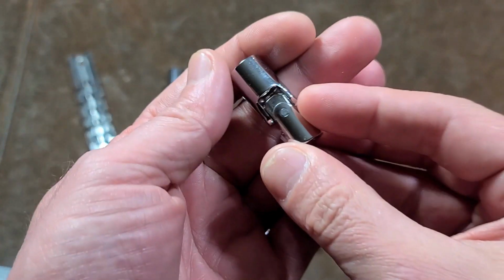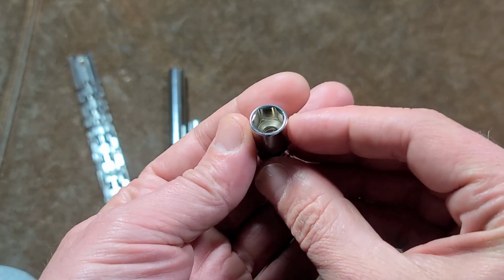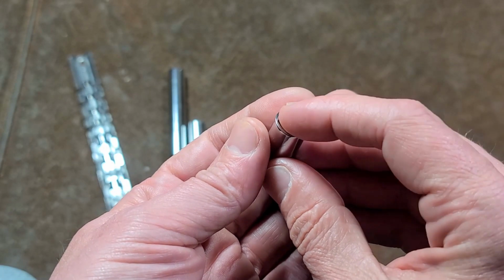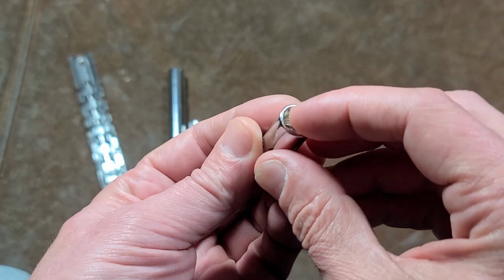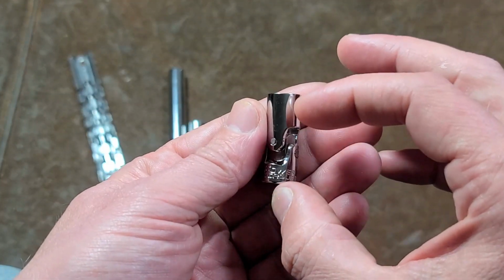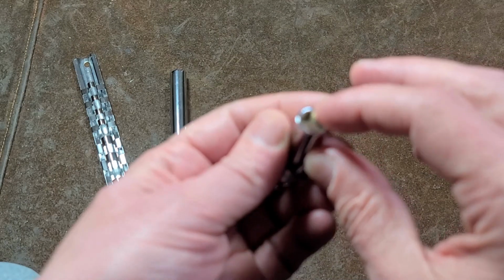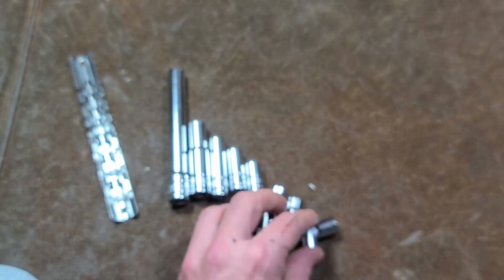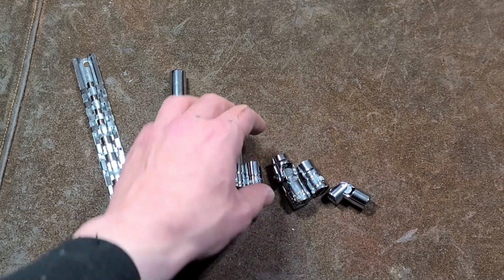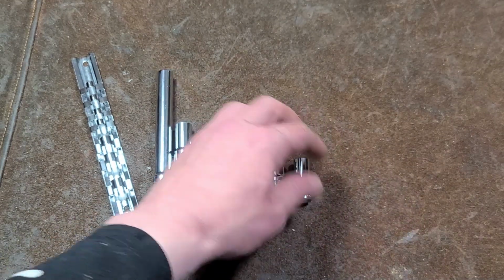The 1/4 inch one's a bit cheap because it's just a bit floppy, and it's a little bit longer than standard ones. It has a deep socket end, and usually these flex sockets are pretty stubby because they're designed to get into tight access places, so it's a little bit of an odd choice for them to use an extra deep one like that. But that's the idea, and I think it's actually a wise choice, and I'm kind of glad,